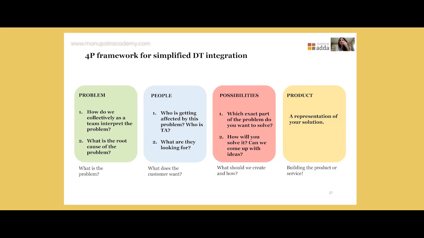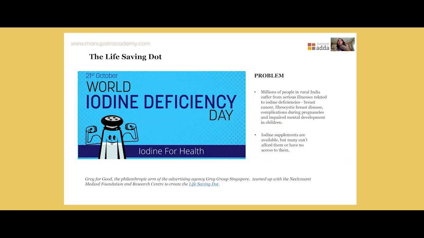So we call this the 4P framework, and we think it's a very easy way to really remember what are the different aspects of design thinking that you might need to consider. And just to make this easier to understand, we thought it might be useful at this point to really take you through two different examples or case studies of how, in different contexts, design thinking has been used, or this 4P framework has been used to come up with exciting solutions.